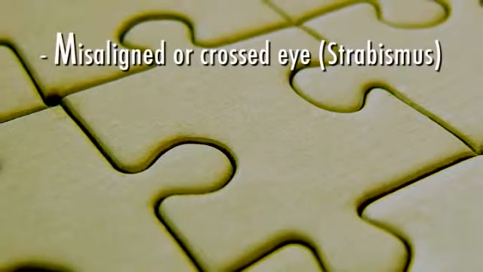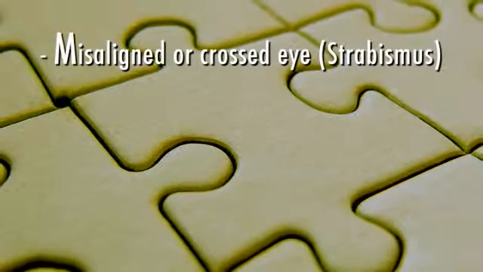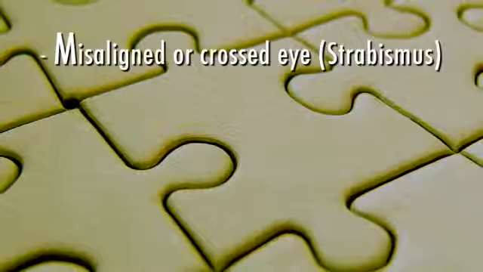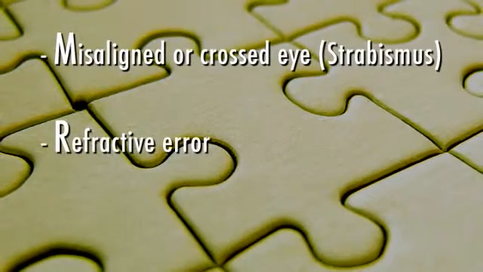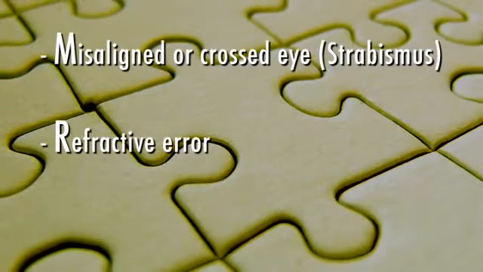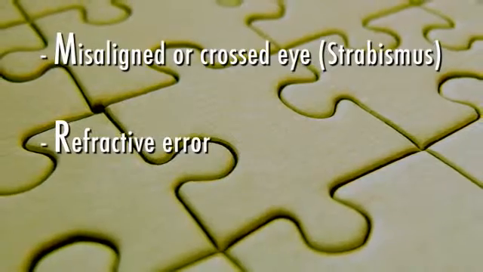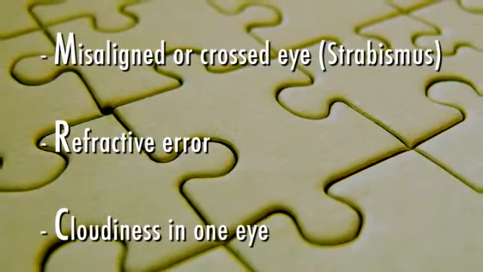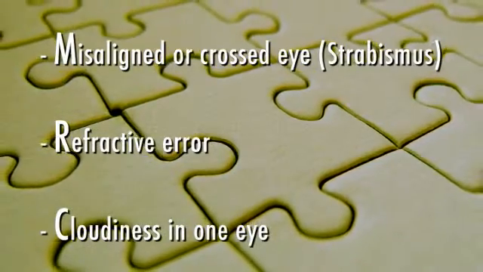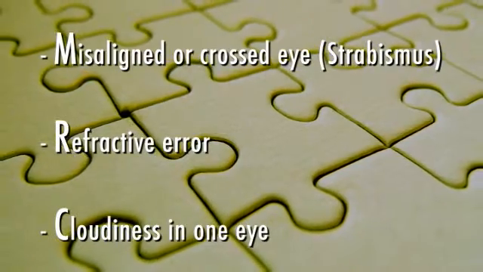In many cases, amblyopia is genetic. There are three main reasons why amblyopia occurs. They are misaligned or crossed eye, called strabismus, where double vision is caused by the brain seeing two different images. Refractive error, where one eye is farsighted, nearsighted, or astigmatic. Cloudiness in one eye, where a condition such as cataract is present and vision fails to develop properly due to